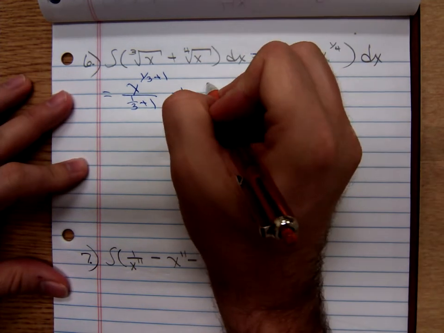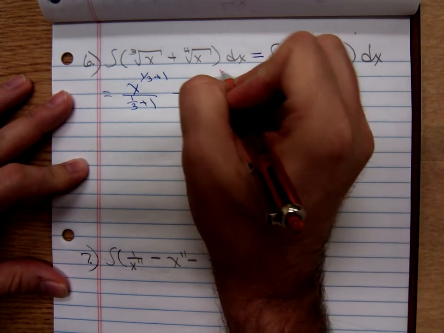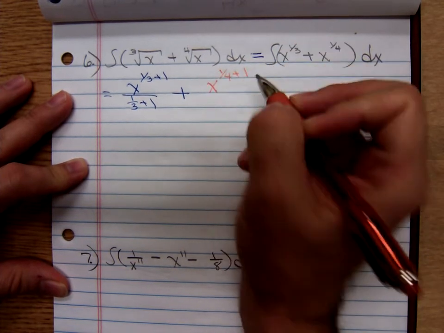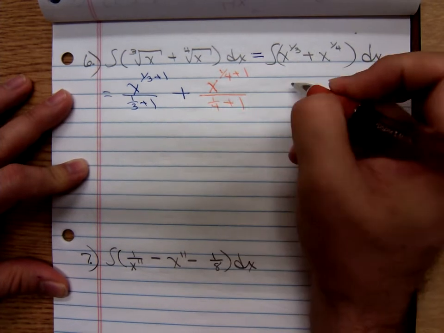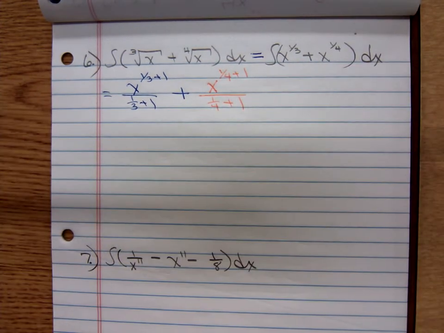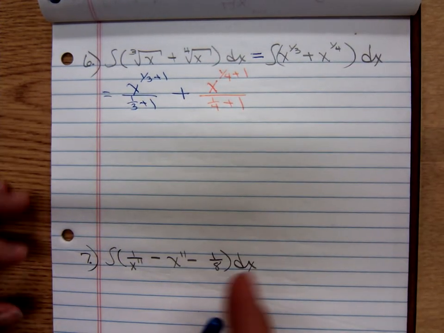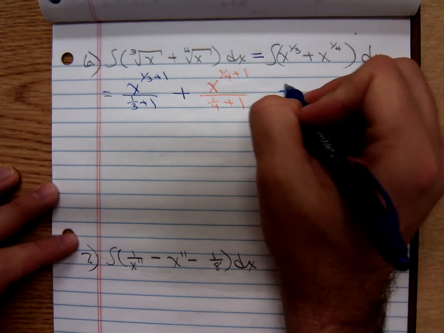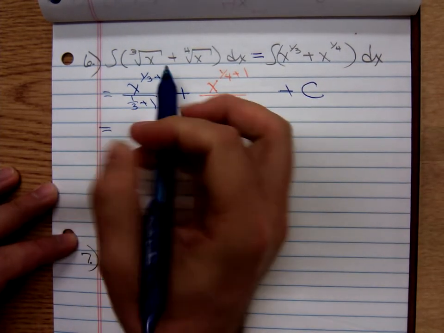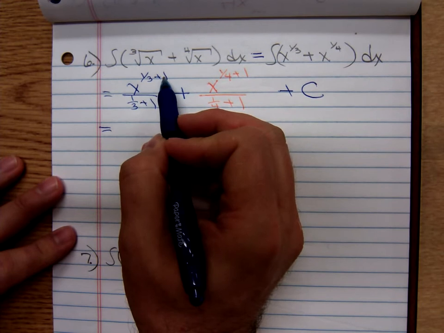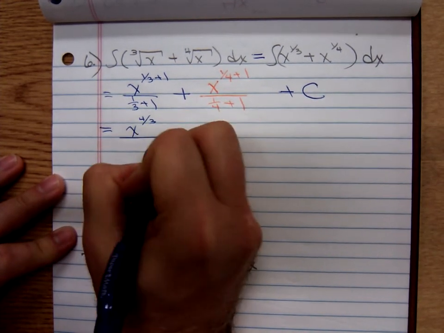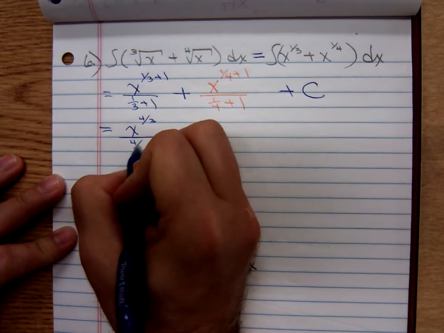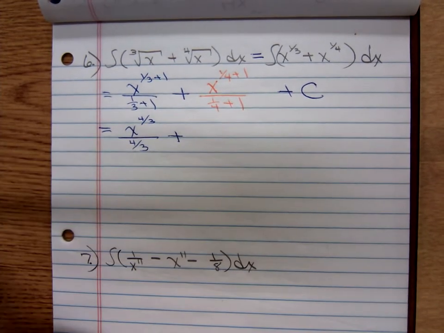Add 1, x to the 1/4 plus 1, divide by the new exponent, and don't forget your plus c. So that's 1/3 plus 3/3, that's x to the 4/3, divided by 4/3, plus,